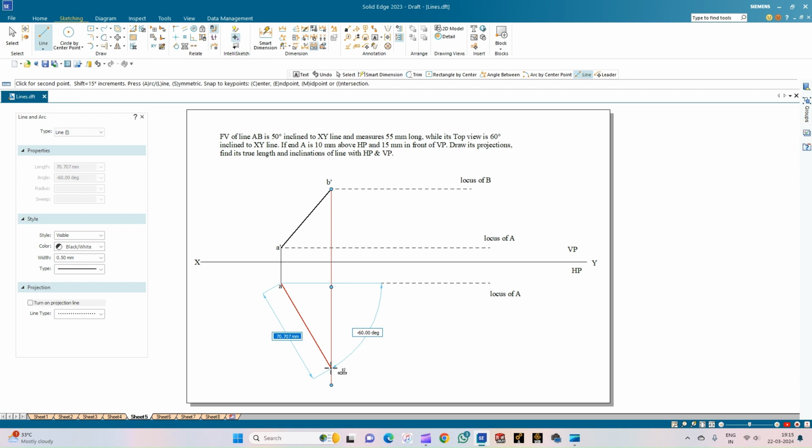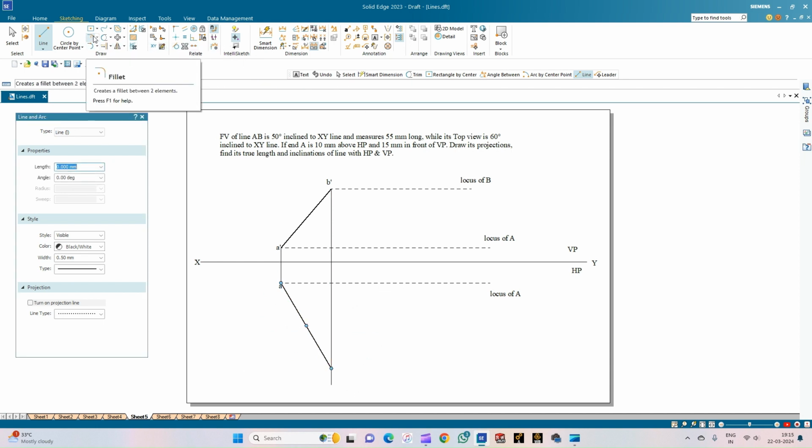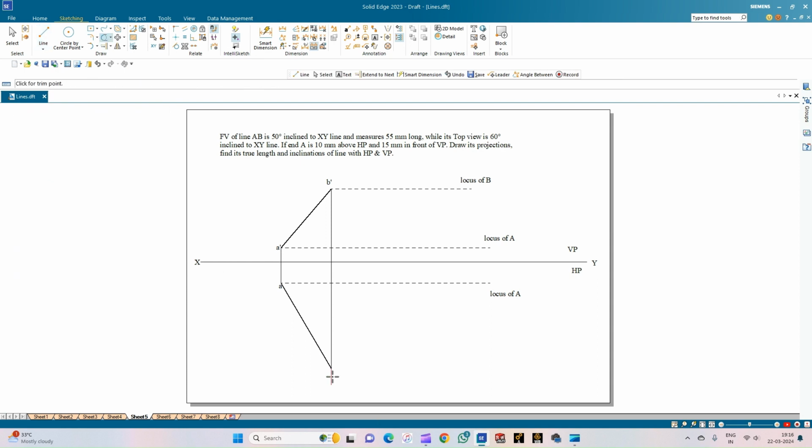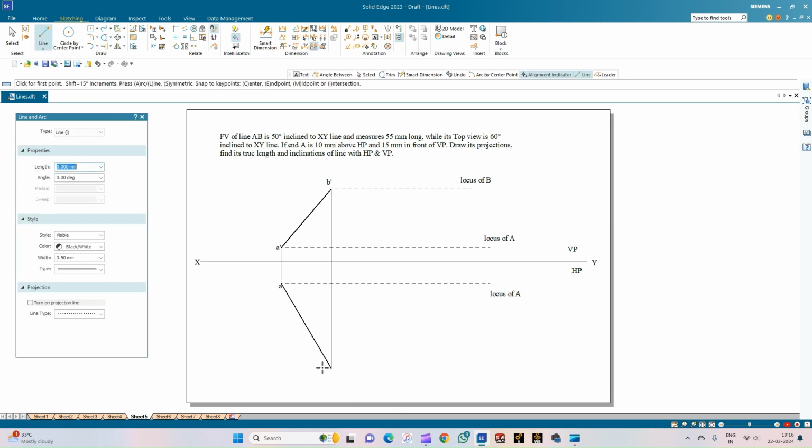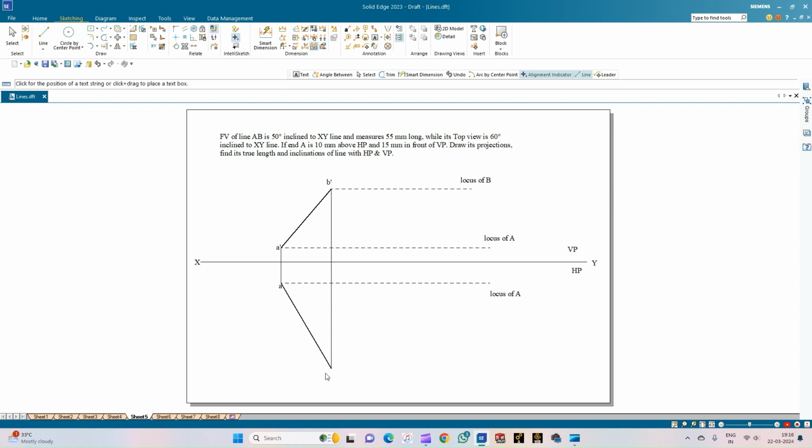So this is where it is intersecting. You can just see that the angle is fixed at 60 degrees. So I can draw a line which is going to intersect this perpendicular line. I'll be using the trim option and trim this part. Now this is the top view of the point B. I'll annotate this as B,